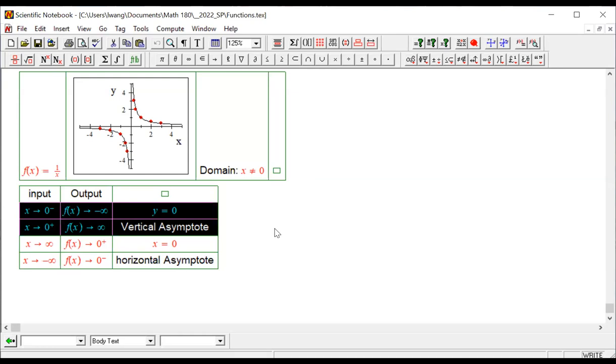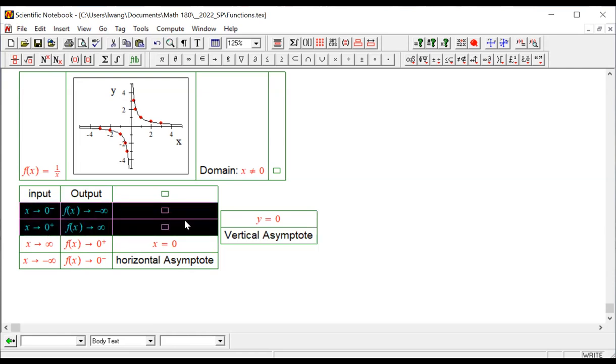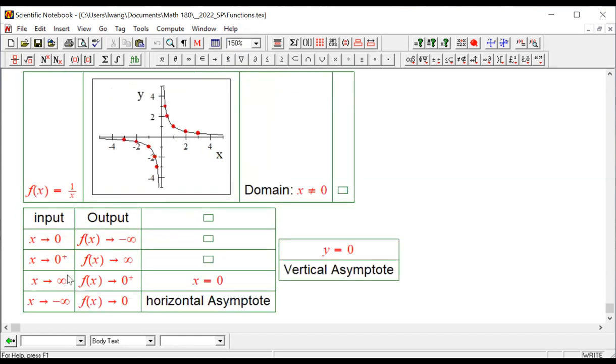wait, I think I need to switch the place, okay? So I don't get you confused. I'm going to copy and paste. I'm going to bring this one outside because these two are the reasons for the vertical asymptote. And as they approach zero, you see approaching zero. Okay, you can see it's approaching zero from